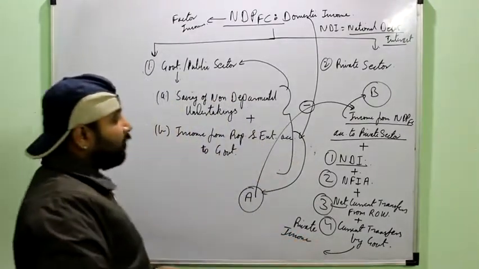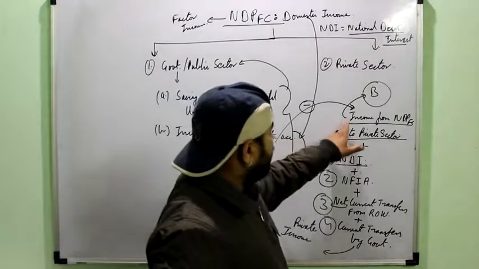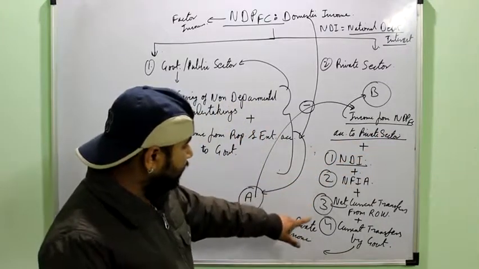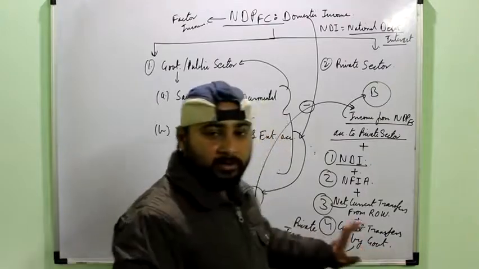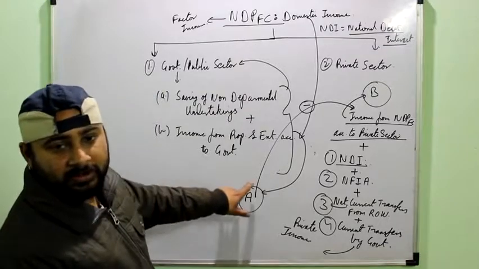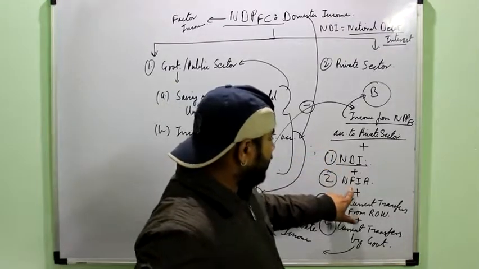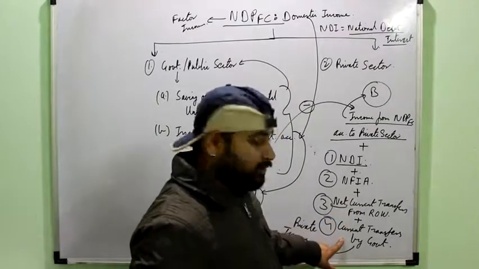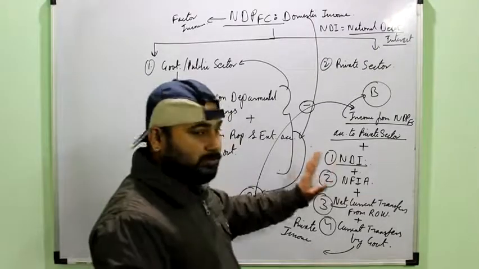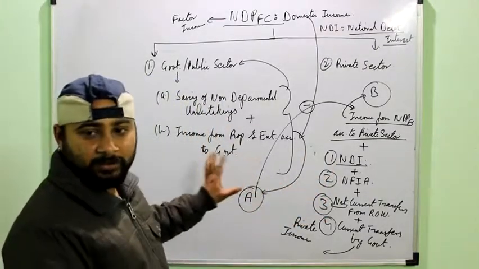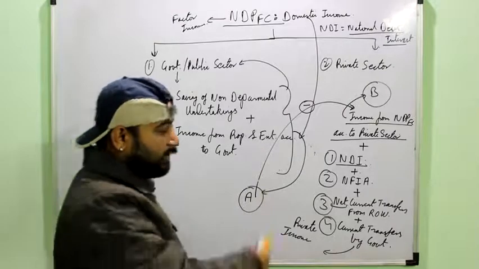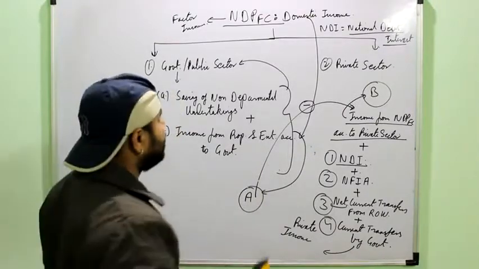So if you have to write the formula for private income, it can be written as income from NDPFC accruing to the private sector plus NDI plus NFIA plus net current transfer from abroad plus current transfer from government. Or it can also be written as NDPFC minus the income accruing to the government plus NDI plus NFIA plus net current transfer from abroad plus current transfer from the government. So you can frame a formula for it, but actually this is the correct way how you have to go for the numericals. This is the logic which you have to apply. You have to go through the chart very carefully and then only you can understand it. Otherwise, if you simply mug up the formula, it will be impossible to solve the numericals.